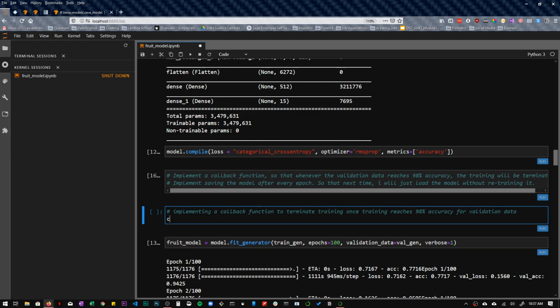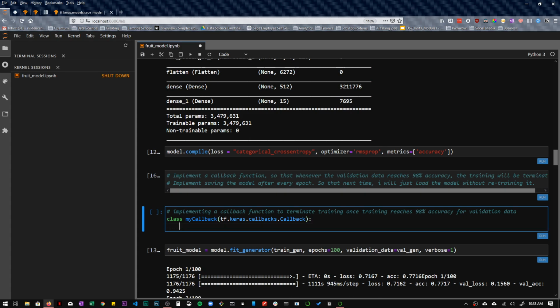And to do this, we do class MyCallback, and then in parentheses we do tensorflow.keras.callbacks.Callback. All right, and then we'll create a definition.